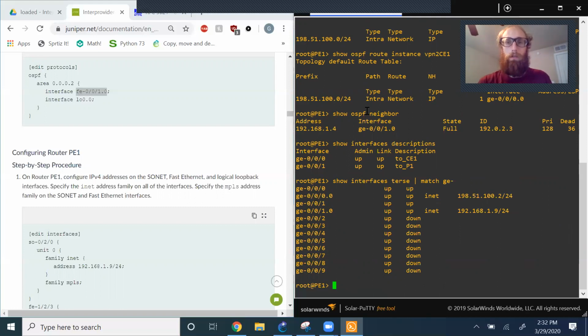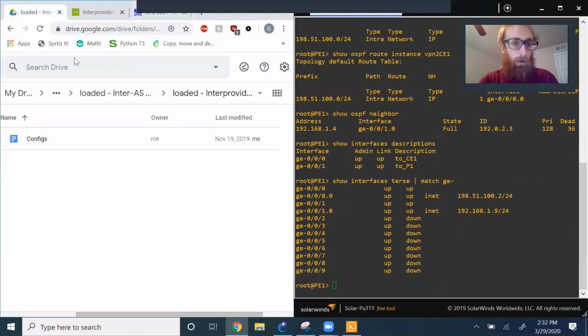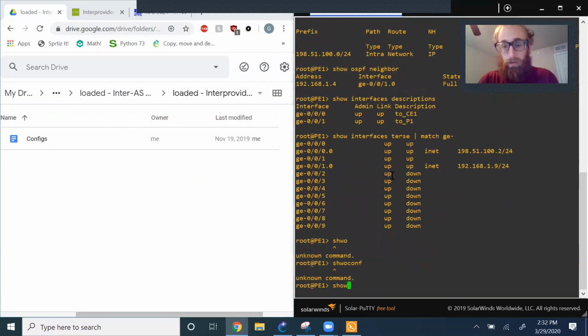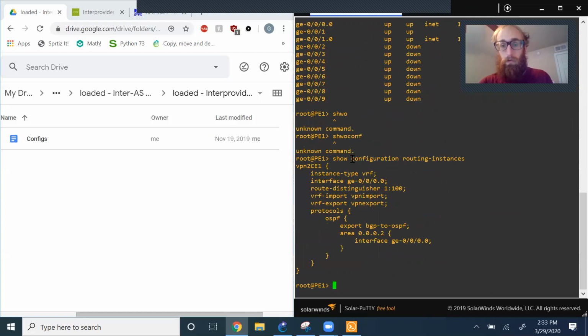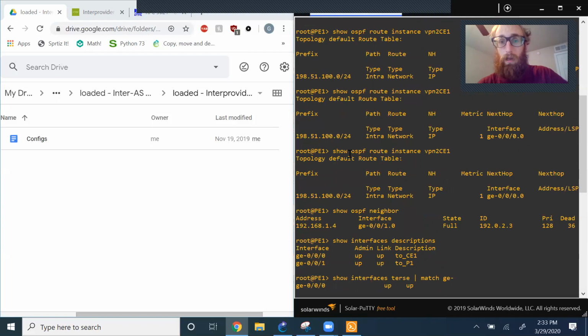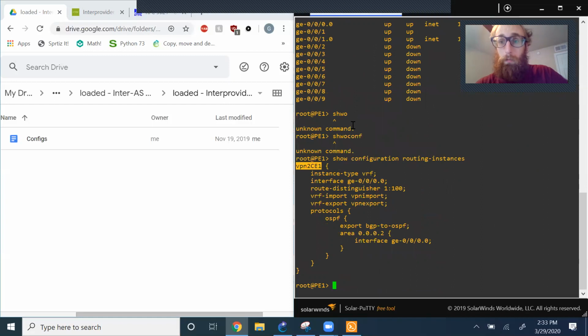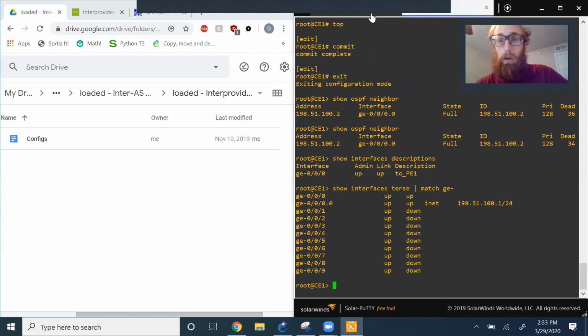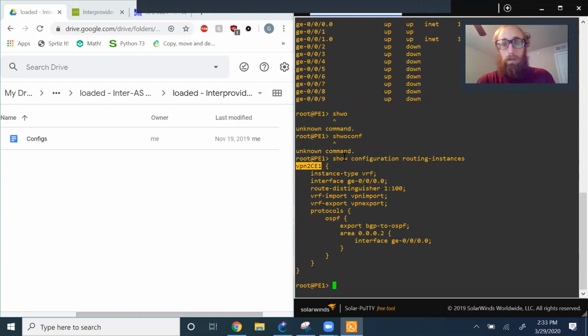So what's going on is this is a special kind of topology that's often used in service providers. It's called an inter-provider Layer 3 VPN. So I can show you the configuration routing-instances. So I've got a special routing instance here. So the reason I don't see a BGP neighbor here, but I see one here, is because this is